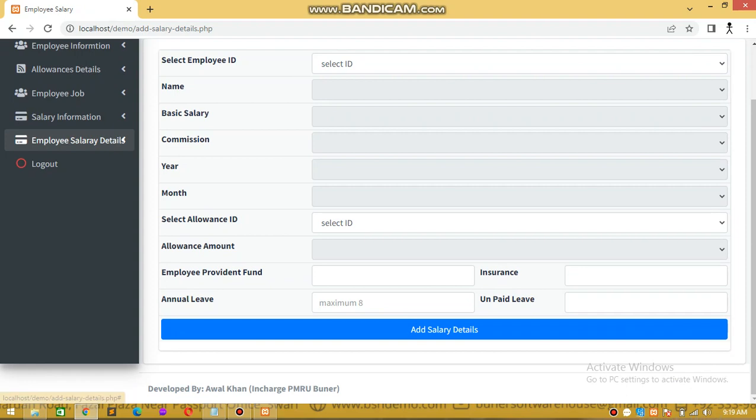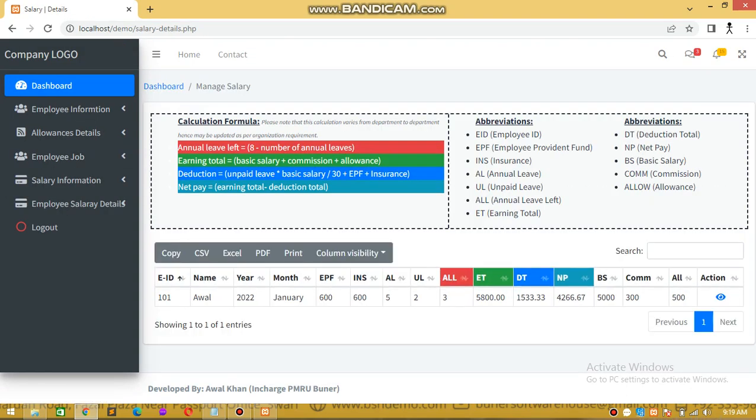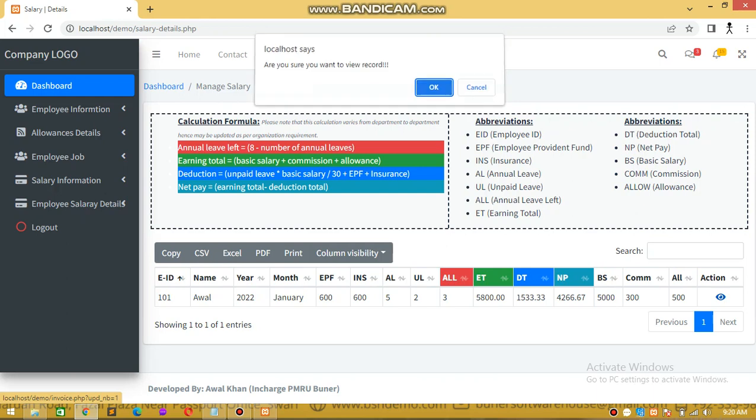Now we are going to print the salary slip of this employee. So this is the calculation formula based on which this data have been achieved, okay. So this can vary from department to department, and this is the abbreviation that is used in this table, in the given table. Now we will click on or view the